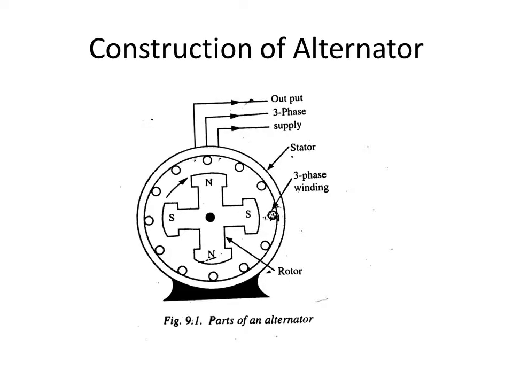So in the synchronous generator, this is the construction part. In the DC generator, the armature with the conductors rotates within a stationary magnetic field. That construction you have studied. But in the alternator or synchronous generator, the magnets are the rotating part and the armature with the conductors is the stationary part,